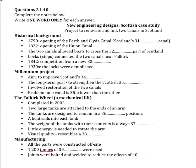Good morning, everyone. In the last lecture, we discussed innovation in engineering design. And today, I want to look at a case study. I'll be talking about an engineering project which was recently carried out in Scotland to restore two old waterways. Canals, in fact, and then link them together. I'll talk about the design features, but first, I'll tell you a little bit about the historical background of the